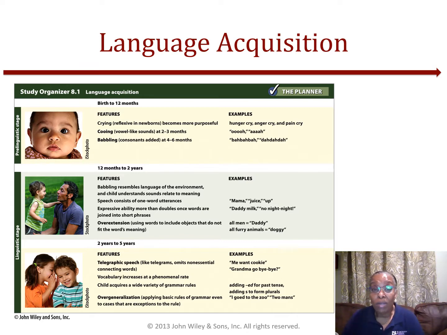When a child gets from 12 months to 2 years, the babbling starts to really become a language in the sense that they'll start to string one or two words together. They're taught mommy and daddy, and I tell my other classes about this, my mistake was I did use motherese when I was a youngster,